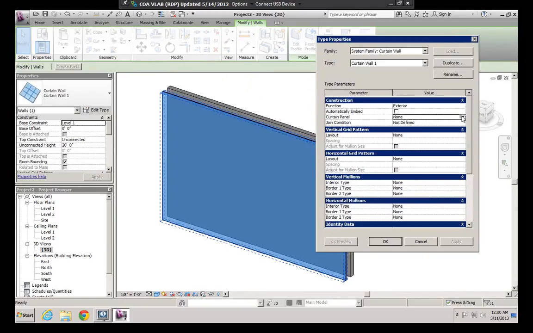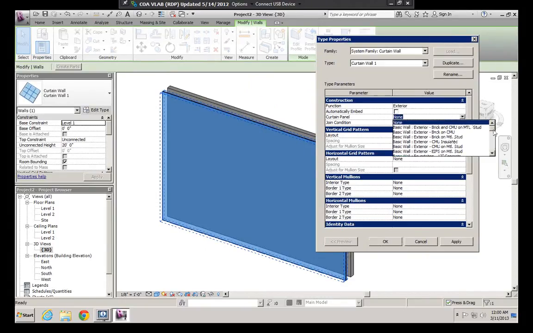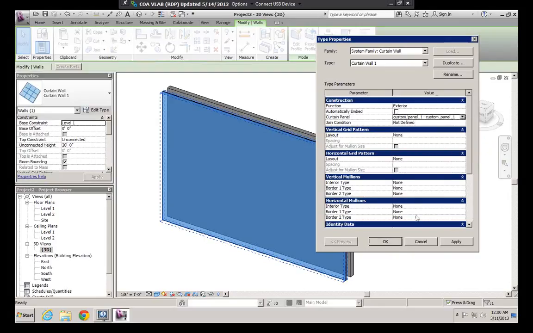So I can click on this drop down menu, and these are all the curtain panels that are available. We could create glass material, solid glazing, or doors, and here I have at the bottom my custom panel type, and I'm just going to select it,